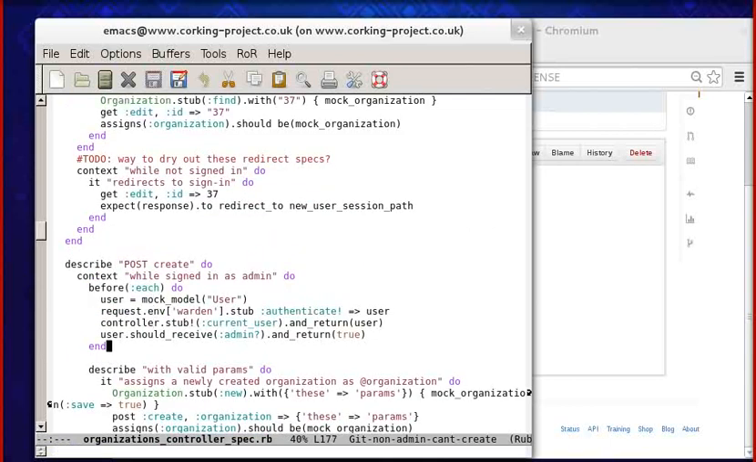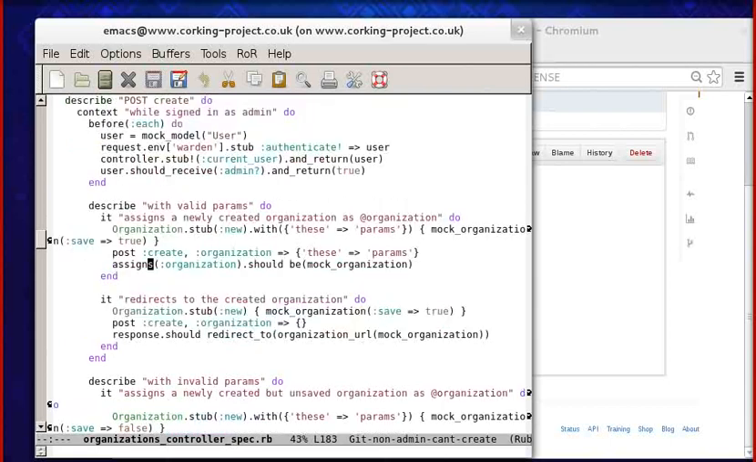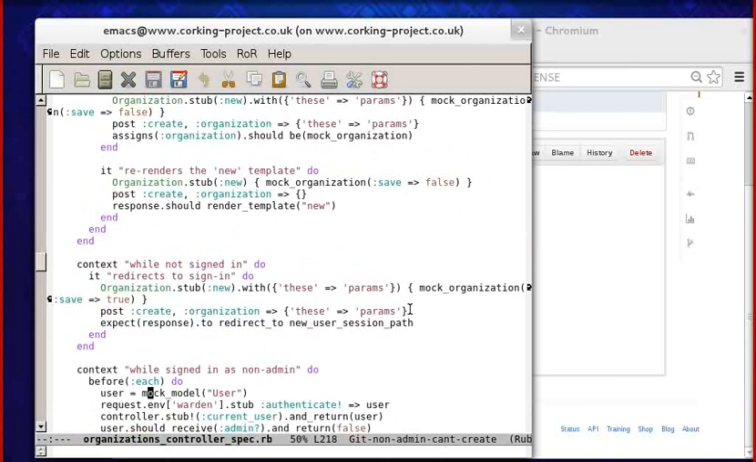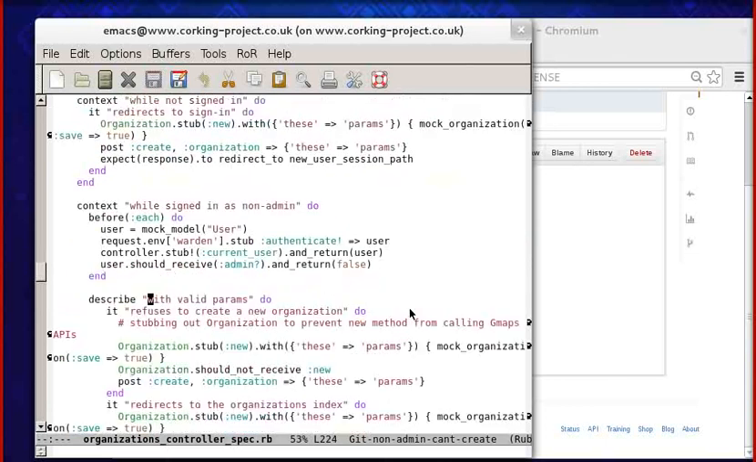Okay, I'm in the controller spec, which is the RSpec that we've written as a team. Now, this stanza that I wrote is right down here. I got a lot of help from Michael, thankfully, for that. But here we go. We're signed in as a non-admin, and we